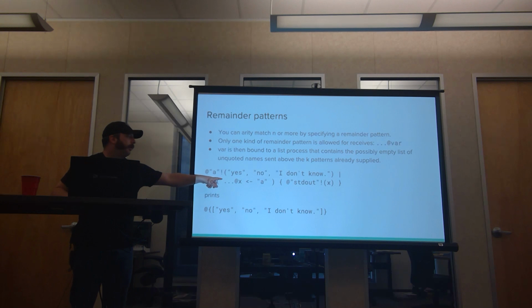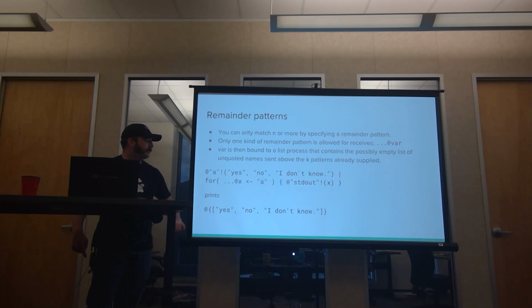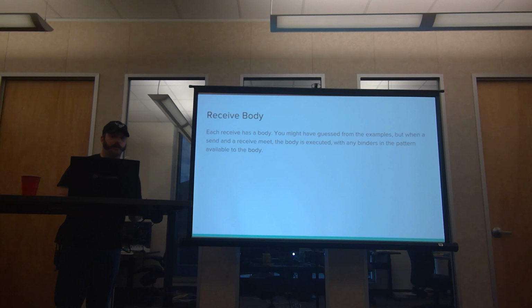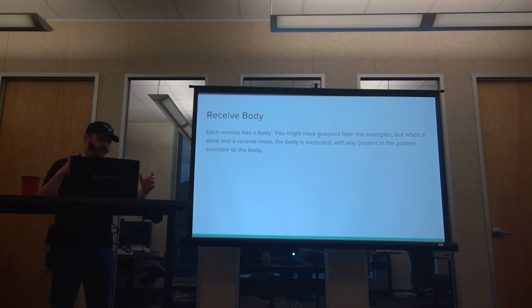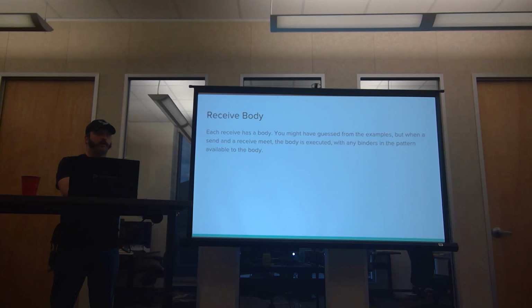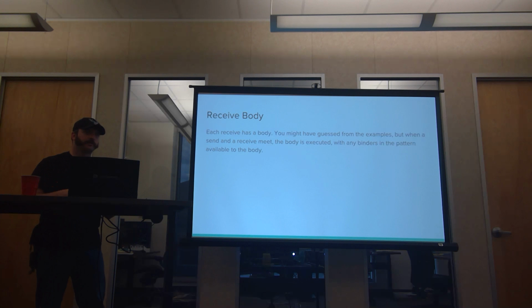So if we were to put at quote yes, comma, and then this, we would print no, comma, I don't know. All right. Like I mentioned, each receive has the body. When we decide that the patterns in the receive match data in the send, the data in the send is considered consumed and it goes away from where we're tracking what's available. And then any binders in the pattern are made available within the body. So you think of it like a function call or